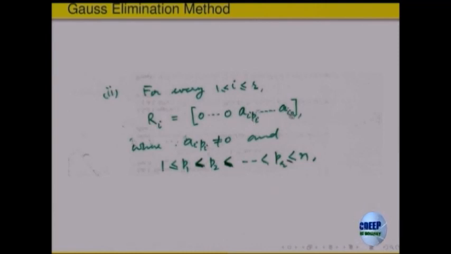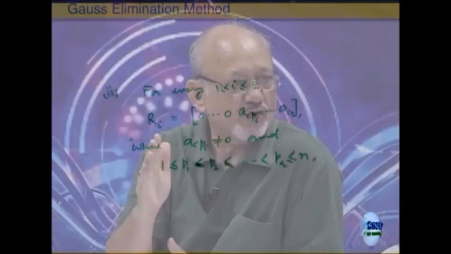We do not bother about what the remaining entries are, only that the first non-zero entry in a non-zero row should come at the p_i-th column, and these numbers should be in this order: P1 should be strictly less than P2, and P2 strictly less than P3. That means in the first r rows the non-zero entries can't go back. If it comes at some place in one row, in the next row it has to be on the right side of that column, since the previous ones are all 0.